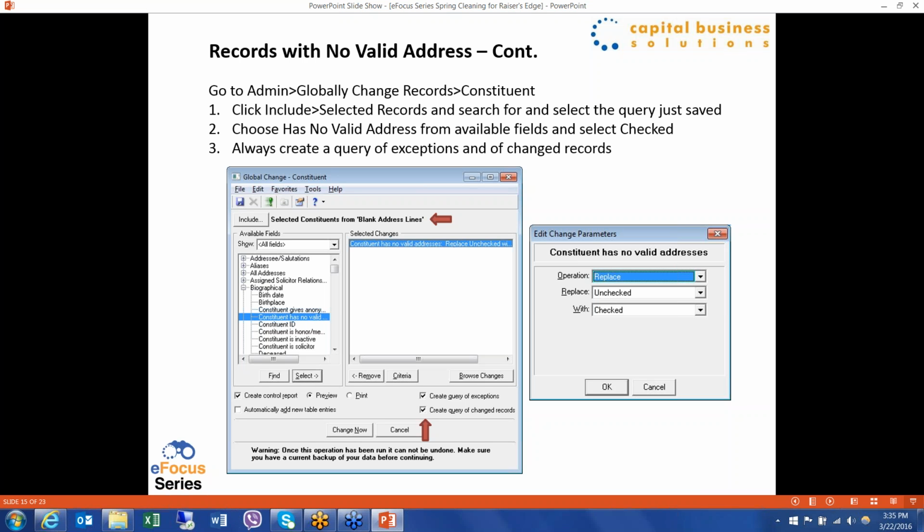And then I will select what kind of change I want to make to the group that I've selected to change. So I will take that the constituent has no valid address and select that and choose, that's a checkbox on Bio 1, right? So I'll choose that for all the ones that are unchecked, I'll replace with a check. So from the blank address lines query, I'm going to execute the change to turn on the box for no valid addresses. It's also very important to check that you want to create a query of exceptions and a query